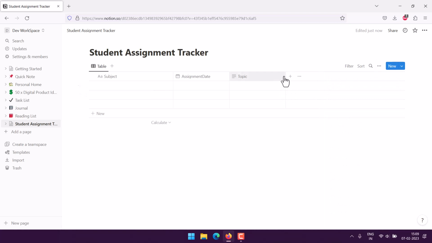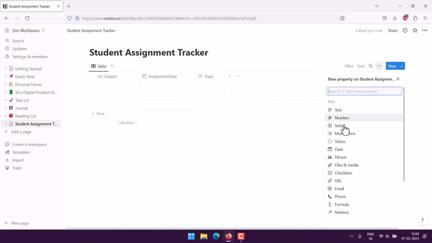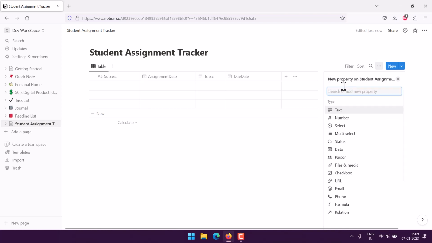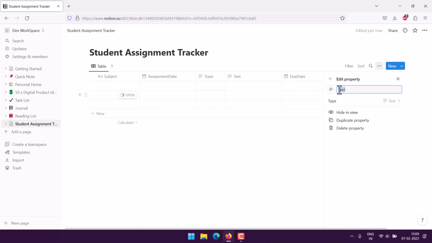Then we have the option of due date, right? So one more field, due date, and we will replace the field name. Finally I will add a text field called notes for that particular assignment,